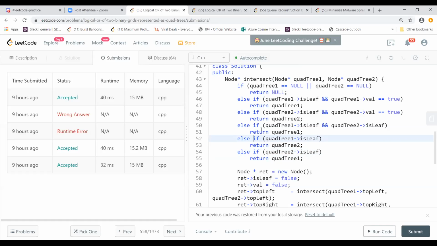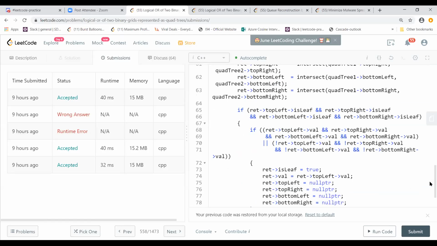If the quad tree is a leaf, then you still have to recurse on the other quad tree. If one of the quad trees is a leaf, then you have to go down the other quad tree. But then why in this condition here are we looking at it being a leaf with some value, and then returning the same here? And the same thing happens for quad tree 1 also. Yeah, that's the part I don't understand. After the return, can you go down to where they get the value? Like after the recursion.